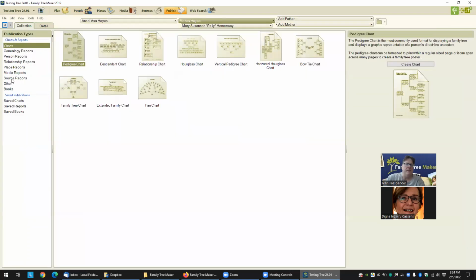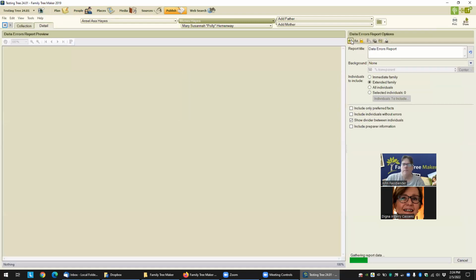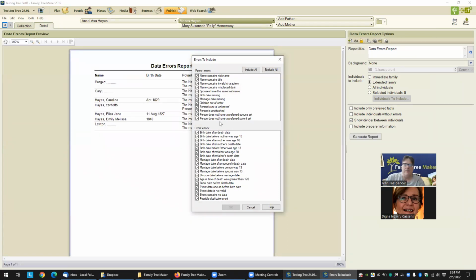Because there's certain errors, let's see, that's the person data errors report. You can select certain things here, like where someone was born after the mother or father died. Well, I do have a case where a child was born after the father did die. The father died 5 days before he was born. I mean, obviously he's still the father, but that will always show up as an error, so there should be a way to mark, okay, this is not really an error,